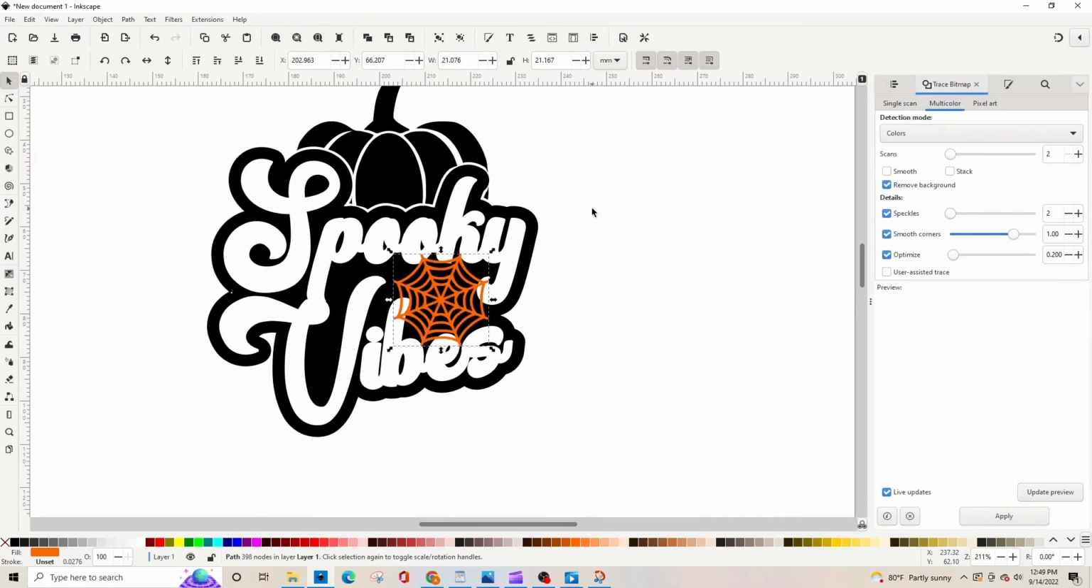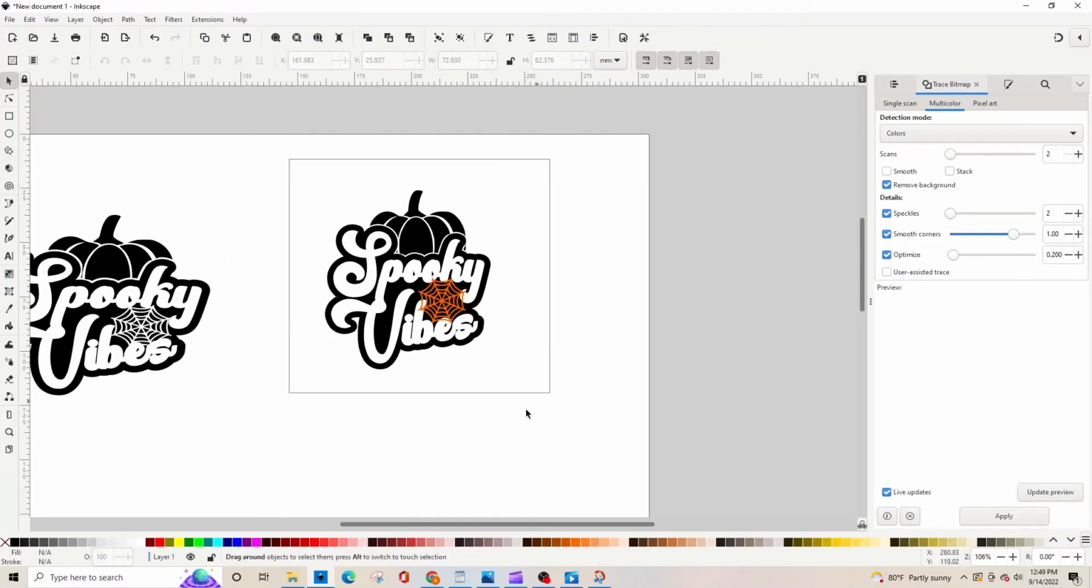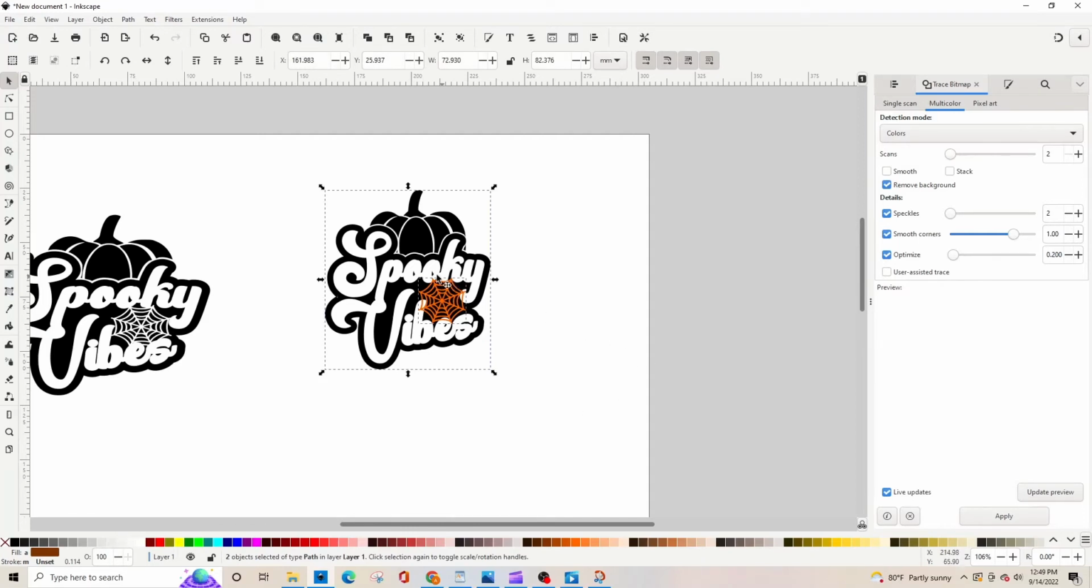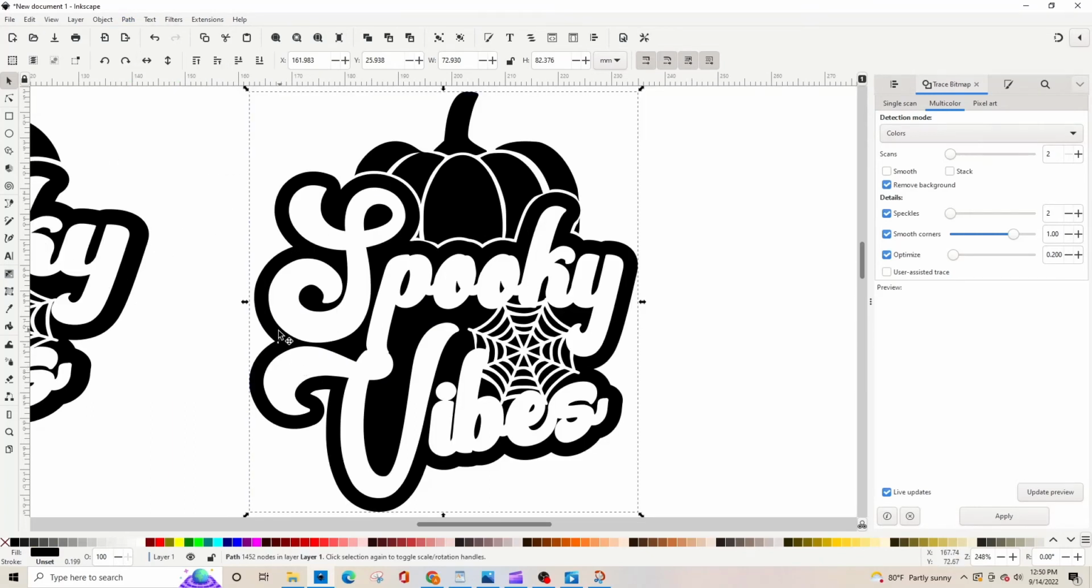Okay, I'm going to cut that out by selecting the spider web, Shift on my keyboard and selecting the pumpkin, or you can just select everything by drawing a box around it and then clicking Path, Difference. See right here, that little bitty mess up,